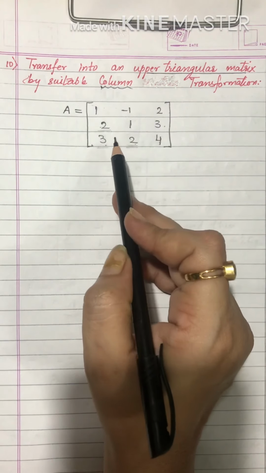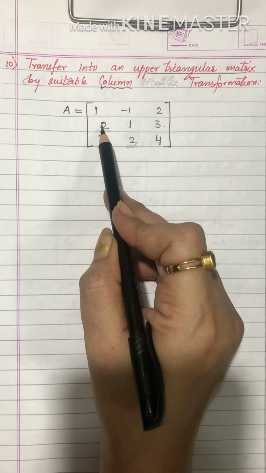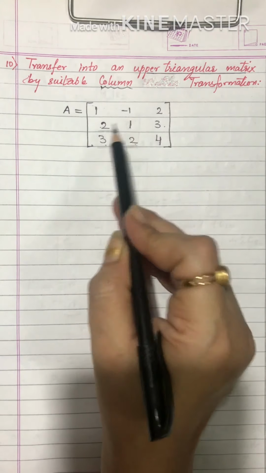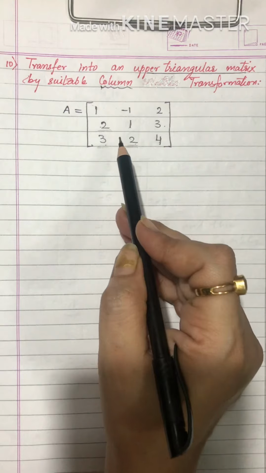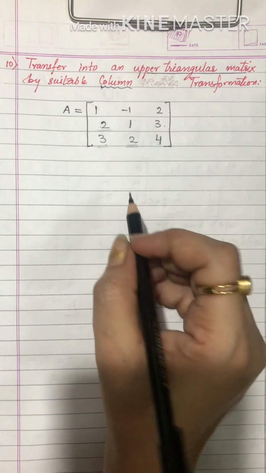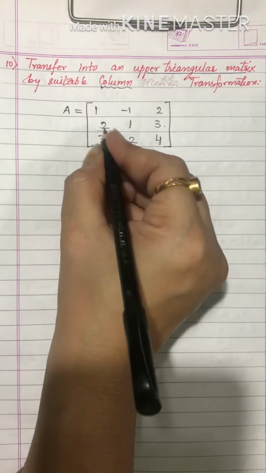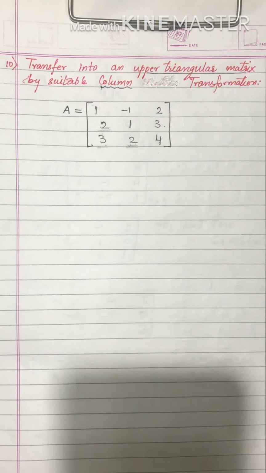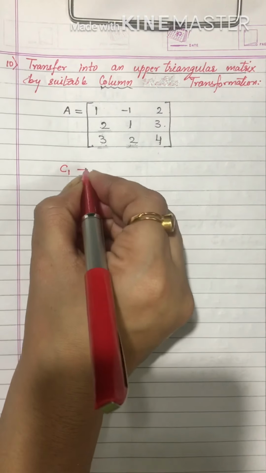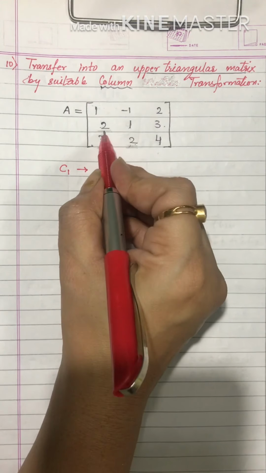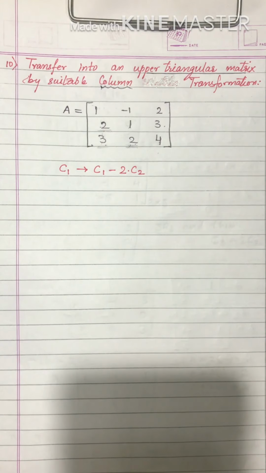First of all, I'll try to make this one 0, and it is a 1 in the next column itself, so I can use this. See previous sums, how we have used the transformation in rows, same thing is to be done here. We have to work with C1, C2 and C3. So first of all I'm making the transformation in C1, so I will write C1 minus 2 C2, this is the transformation we need.